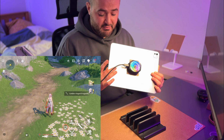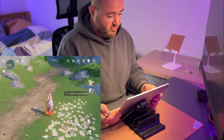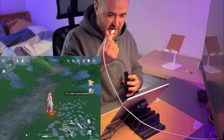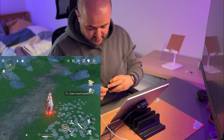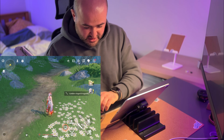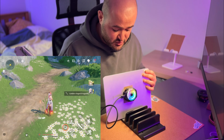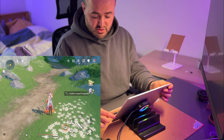Again, keep in mind I am powering it now with the iPad. What I can do is unplug it from the iPad, grab my cable for the iPad, the charging one that I have on it is 70 watts at the moment, so you can just connect it to the power delivery one, connect it to the iPad. Let's connect this one. I don't know why they have USB-Cs on opposite sides, and as you can see, it's working now. So that's one thing, and then connect this one to the iPad,